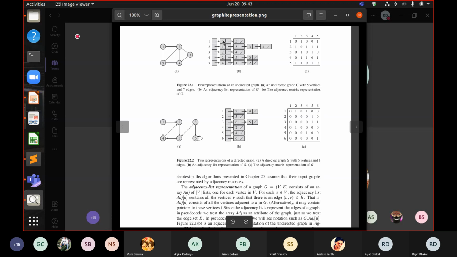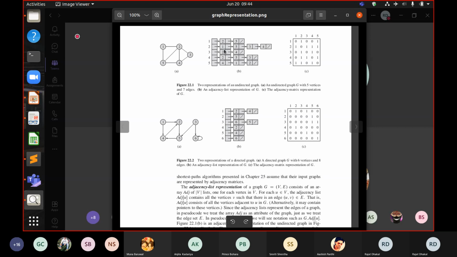So there is a connection from node 1 to node 2, and another connection from node 1 to node 5, and then this is the end. This forward slash means it doesn't have any more nodes connected to it.